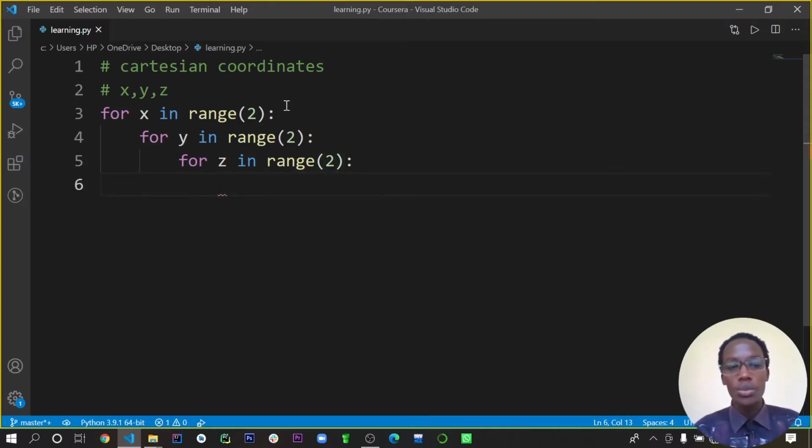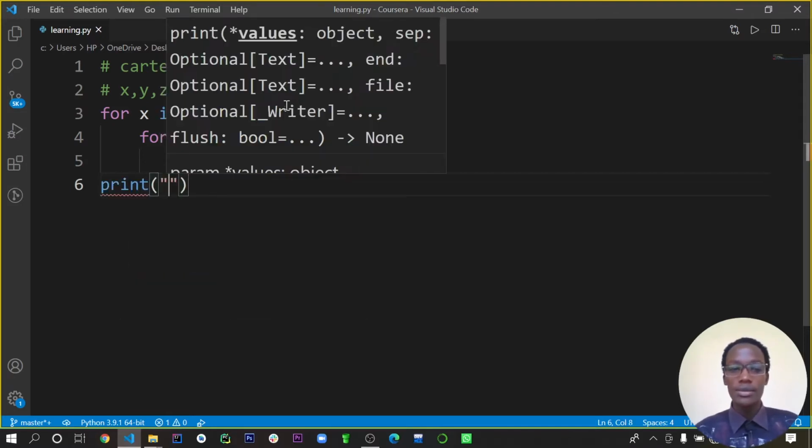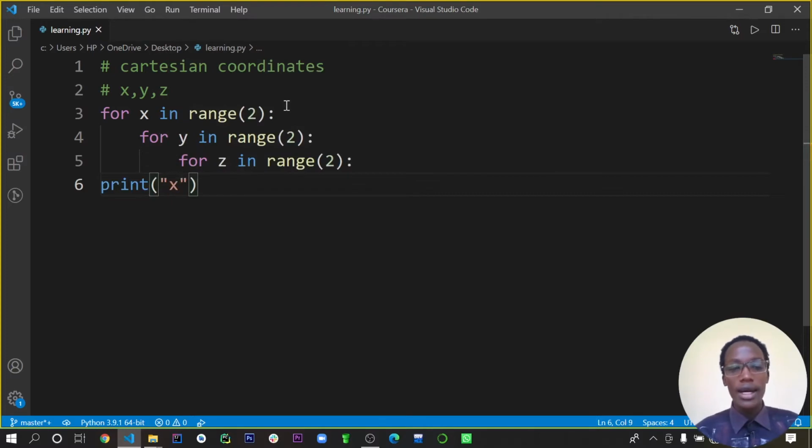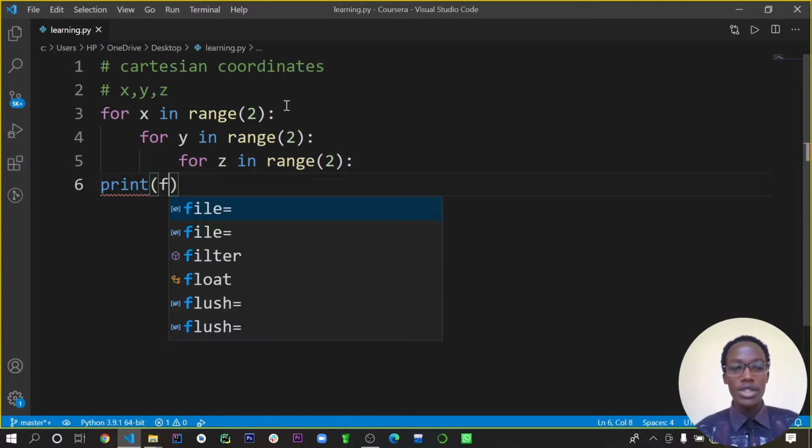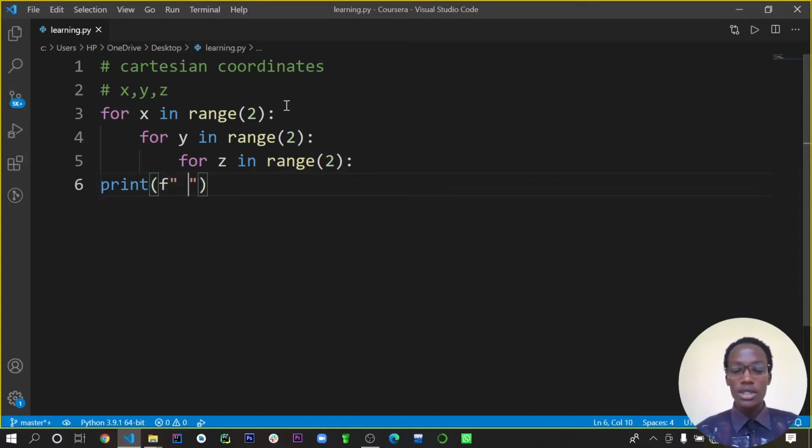So we are going to print. I'm going to print the coordinates. So you're going to say print x coordinate. Let's use the f string formatting. You're going to print using this. For the first one x, then the second one we have y, then the third one we have z. So if you now run this,